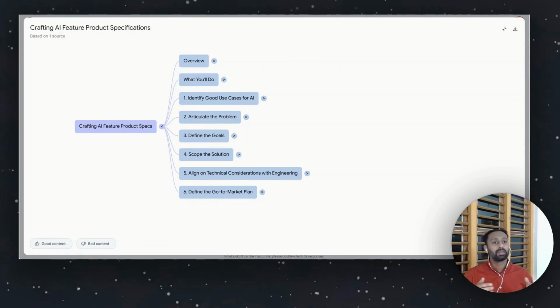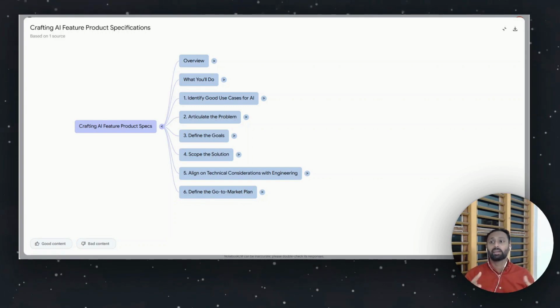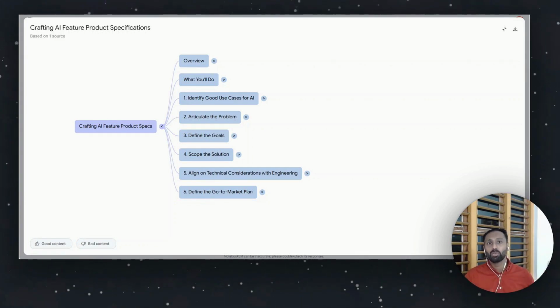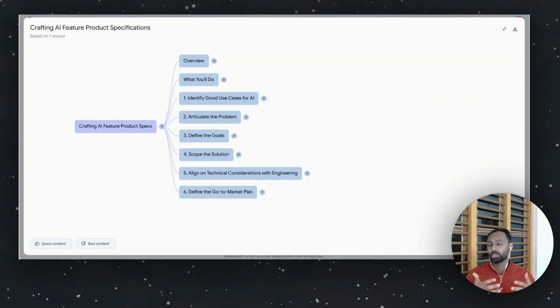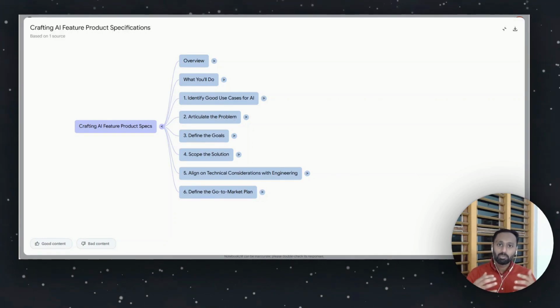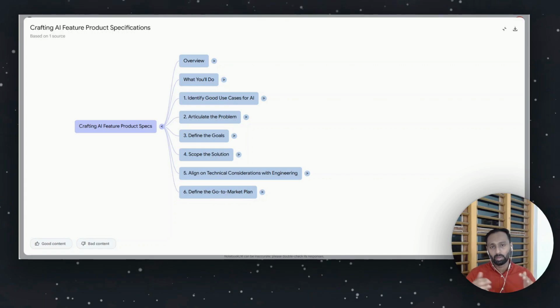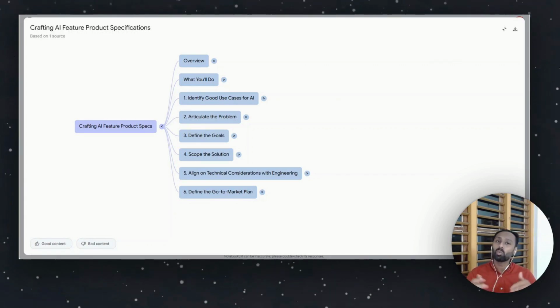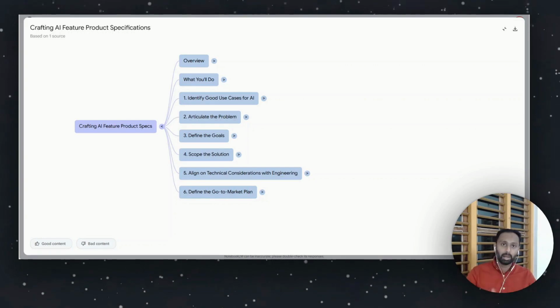Today, we are going to look at how to build a PRD for generative AI features. If you look at the traditional PRD, there are certain components to it. But when it comes to a generative AI feature, what is different? What all things you should think through while you're building a generative AI PRD is what I'm going to run you